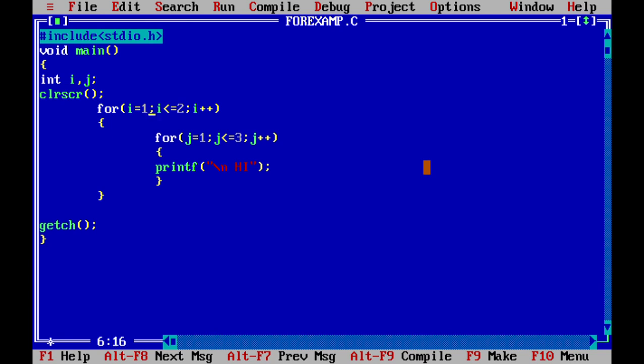Suppose I said that i is equal to 2 and I have written here 5 and here 3 less than 3. Now you are going to tell me how many times it will print hi onto the screen. Just write down your answer in the